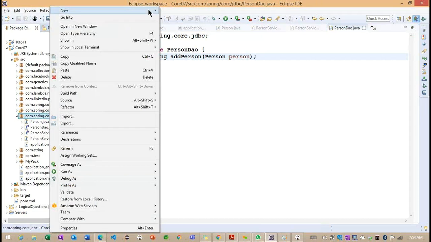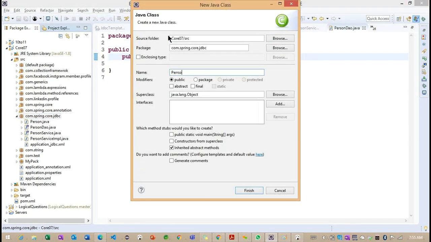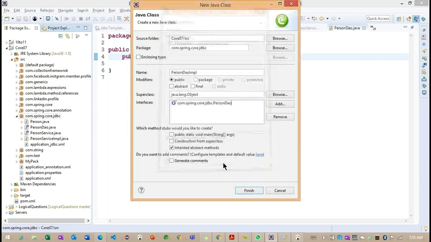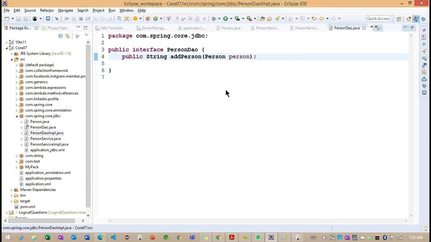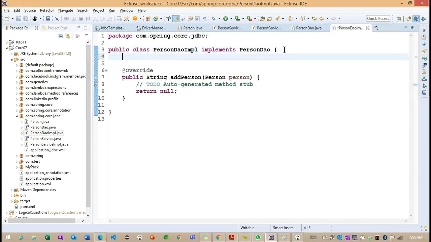And here we'll try to create our implementation class. We can go for the interface person DAO. And observe inside this particular person DAO, we already identified that with the help of the template classes, we'll try to connect our application.